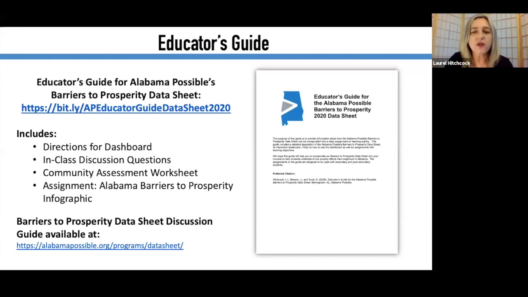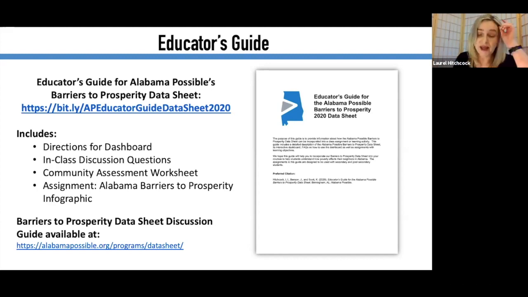So it's a natural fit for my profession, but I have seen my colleagues across campus use the Prosperity to Data sheet in a variety of ways, and I'll talk about that as well as a couple other things. The Educator's Guide, we've got a link here to the data sheet discussion. And then I will talk through the different assignments and how I use it in the classroom. As well as across campus, I actually use this as an advocacy tool across campus, not just with my own students in social work, but across the board. So let me just sort of start with how I use it in the classroom, and then how I've seen my colleagues across campus use